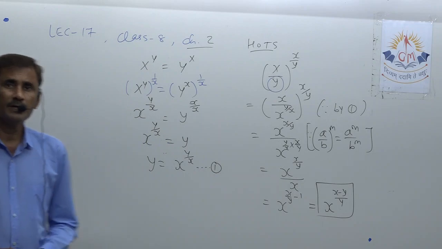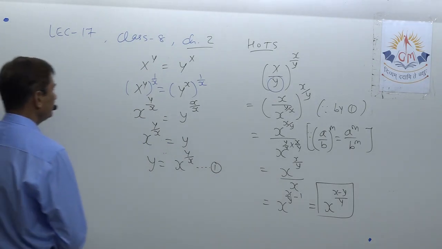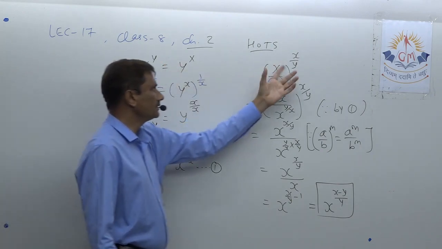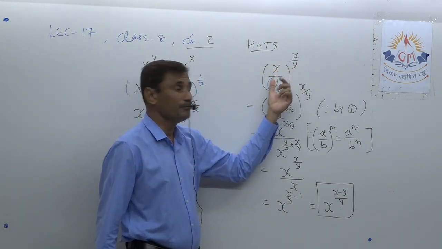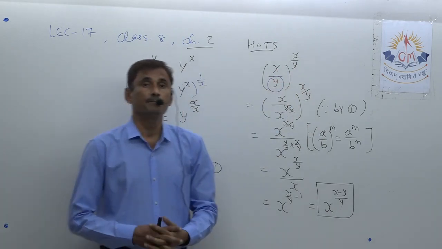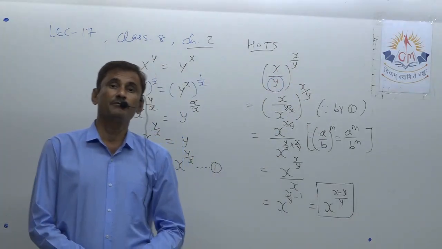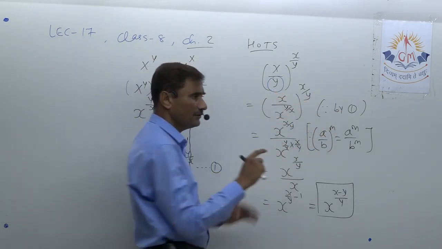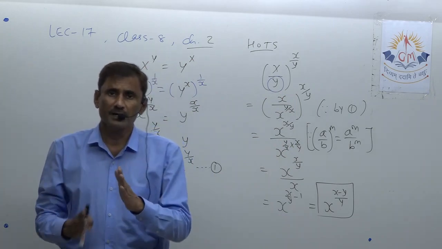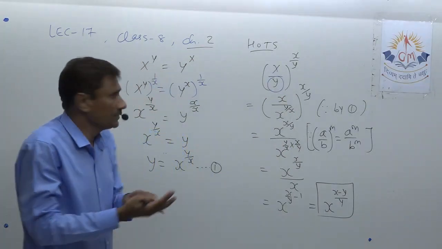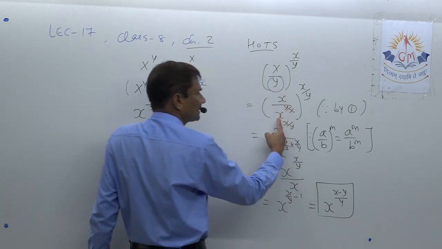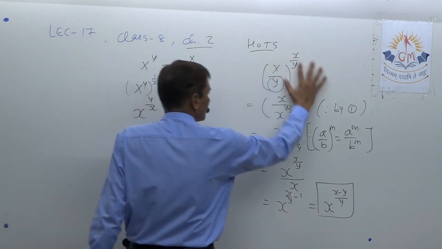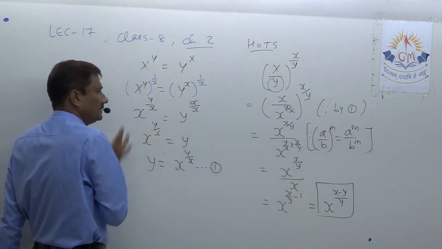I am repeating again. First of all, this is given. They want this expression in terms of power of x, means the base having x only, so we plan to remove y. For removing y, we should have an expression of y in terms of x, so that whenever you replace y, at that time x automatically comes there in the base only, not in the power. So for that purpose we use whatever they have given.